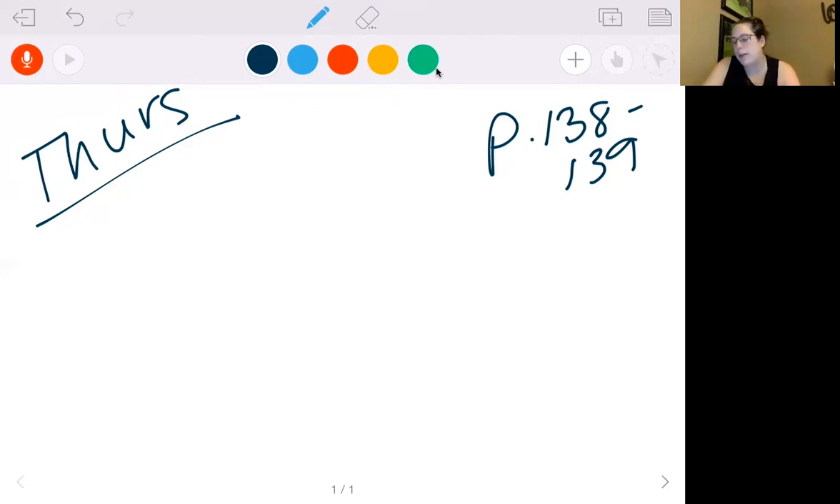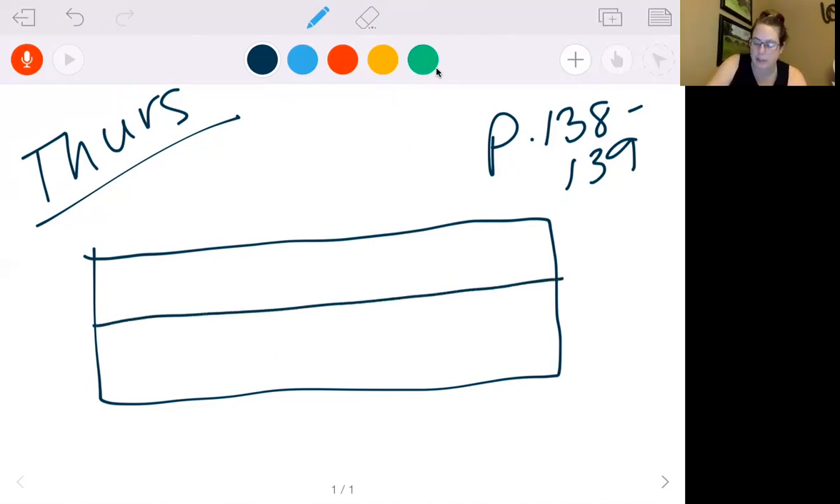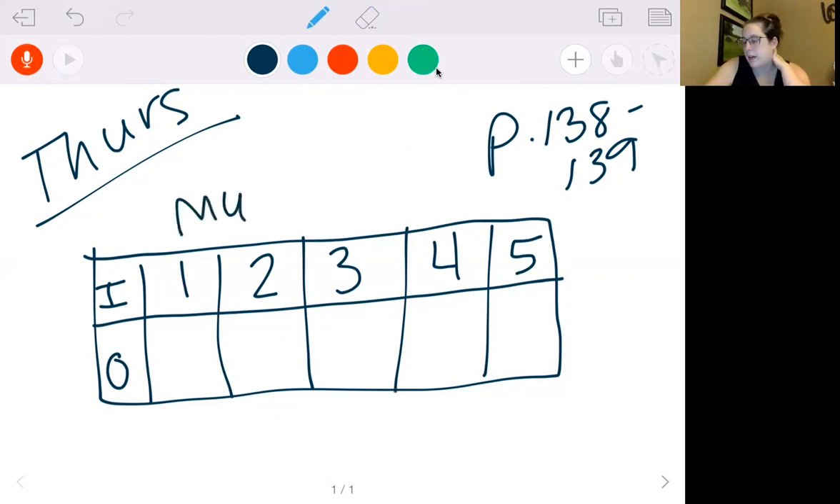So let's look. When you're doing an input-output chart, you're going to draw a rectangle like this. One line down the middle, and then we'll fill it in with whatever number of boxes they give us. You're always going to have input right here and output here. Your book writes out the word, save some space, and just put I and O. So for input, they give us the numbers 1, 2, 3, 4, and 5. Then it gives us our rule, multiply